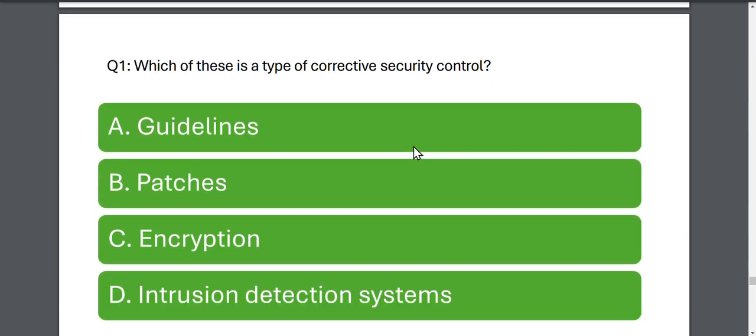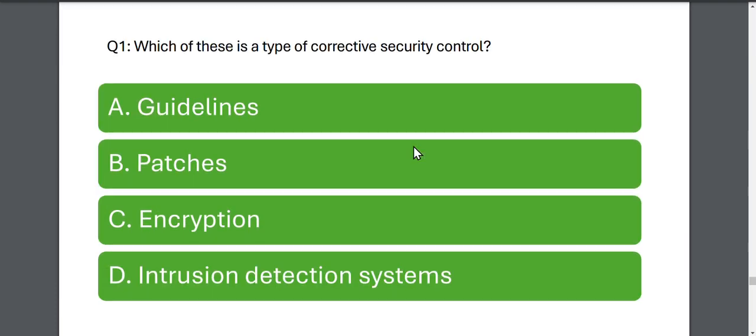So the first question I have here is from domain 5. Remember, domain 5 is on security operations, right? We did talk about that yesterday. We looked at the different subdomains of domain 5. Now look at this question. Which of these is a type of corrective security control? Domain 5 has some element of physical control, physical security, and by extension, you talk about all those control methodologies, the corrective, detective, preventive, and we talked about that yesterday as well, right?